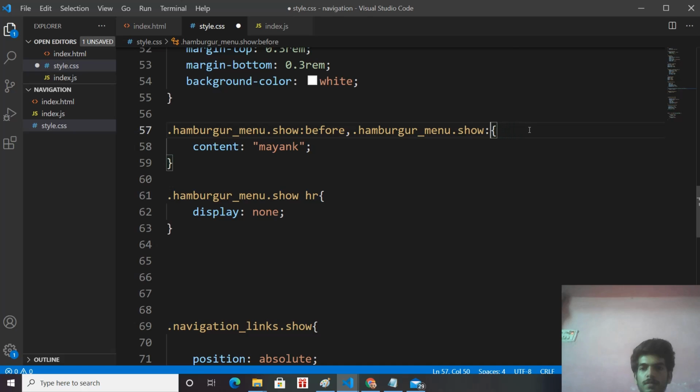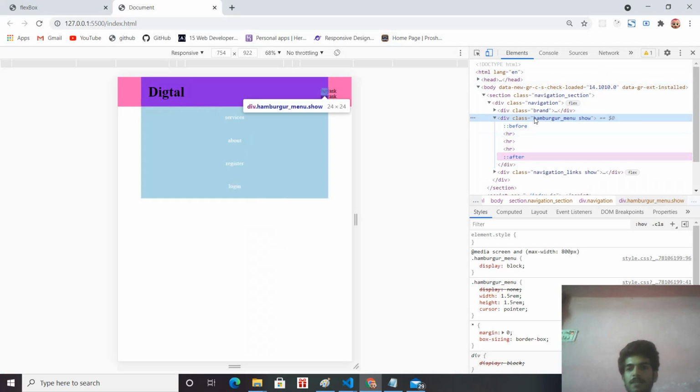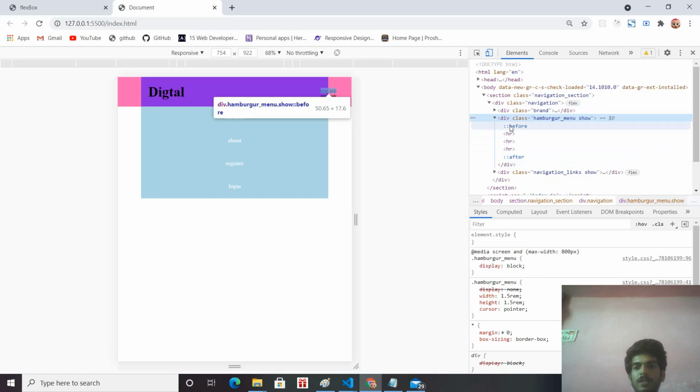let's write after here. So what's happening is, see, this is our hamburger menu, and in it I have inserted a before element and an after element. This before element has the content property of my name. Whatever content value I give gets rendered in the div on the left side.